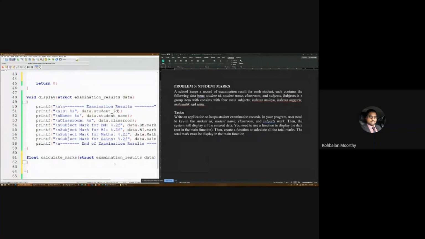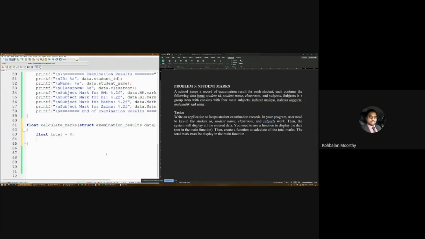And then we want to calculate. So let's declare a variable float total. Okay. To be safe, initialize to 0, so the value doesn't go messed up. Okay, so total equals, we want to add up all, which is from BM, BI, maths, and science. So how do we access each of it? We are using the keyword data again. So what I need to do is get BM, BI, maths, and science. So BM dot marks. I need the marks information. So now we have it for the BM. I'm going to add with